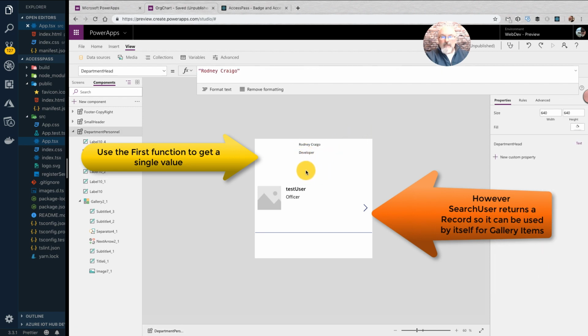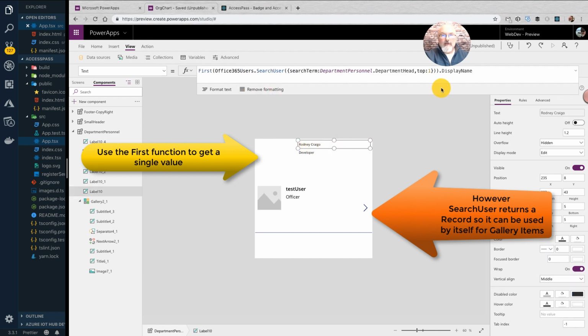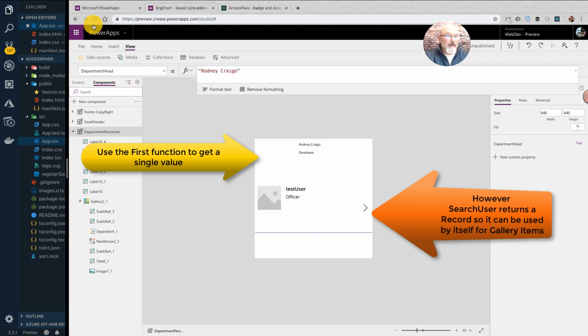And I have others down here for control purposes, like user principal name. A user principal name, if you don't know, is usually the person's email address. It's a unique identifier. There is also an ID. And you can use both of those to search for the user photo. But in my case, I am just using the text value of the display name. Probably would be better to use the user principal name. But anyways, I digress.